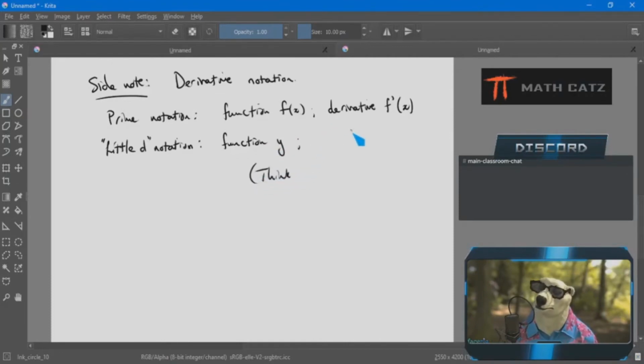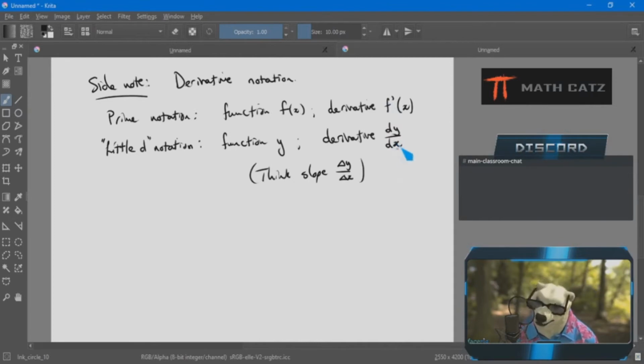The derivative refers to the slope of the tangent line. And slope is change in y over change in x, or for short, delta y over delta x. Now, that's the slope of a secant line, so I can't use this exactly. They change the deltas to little d's,